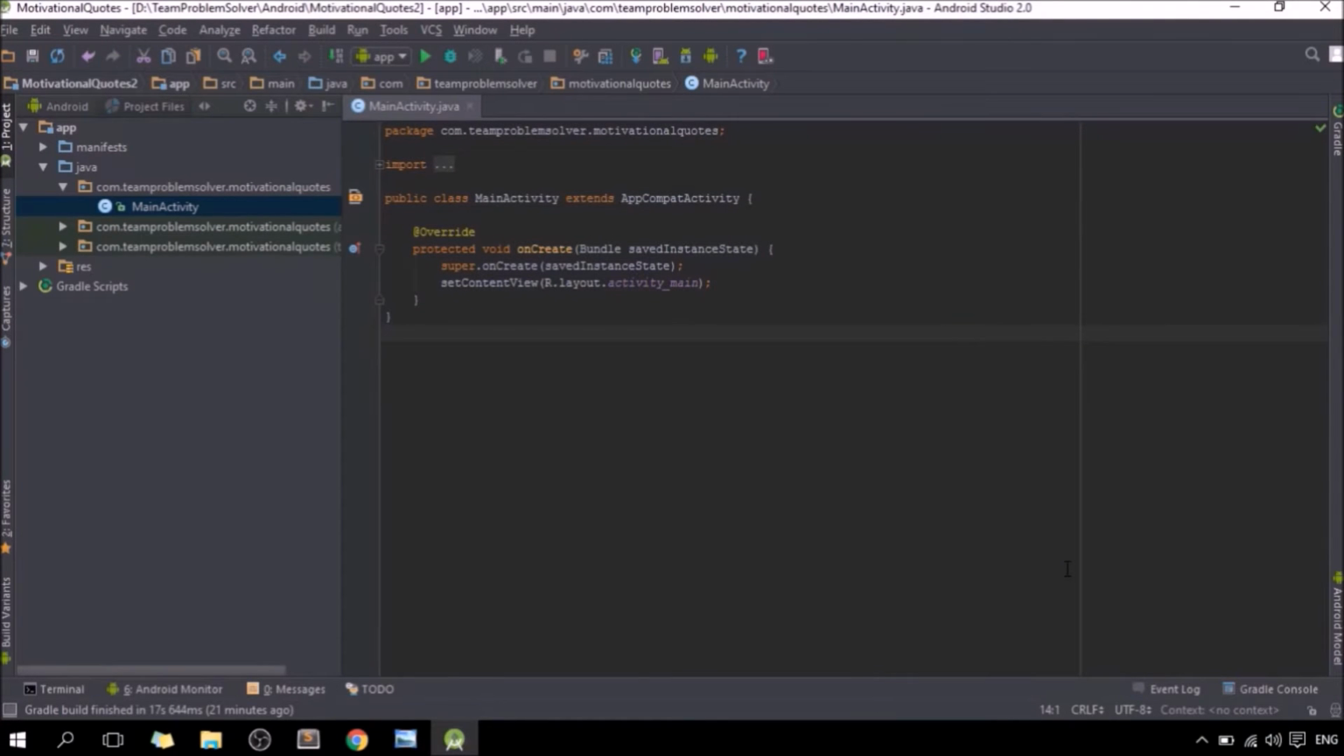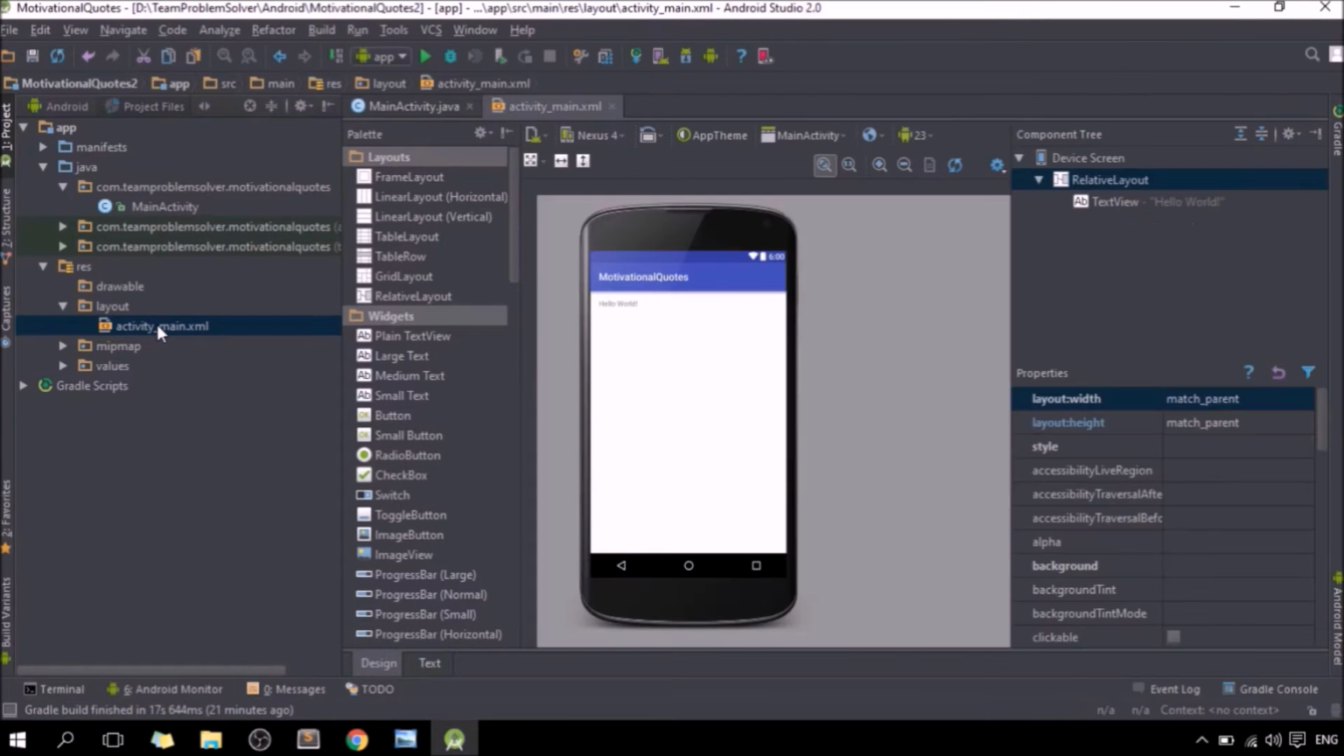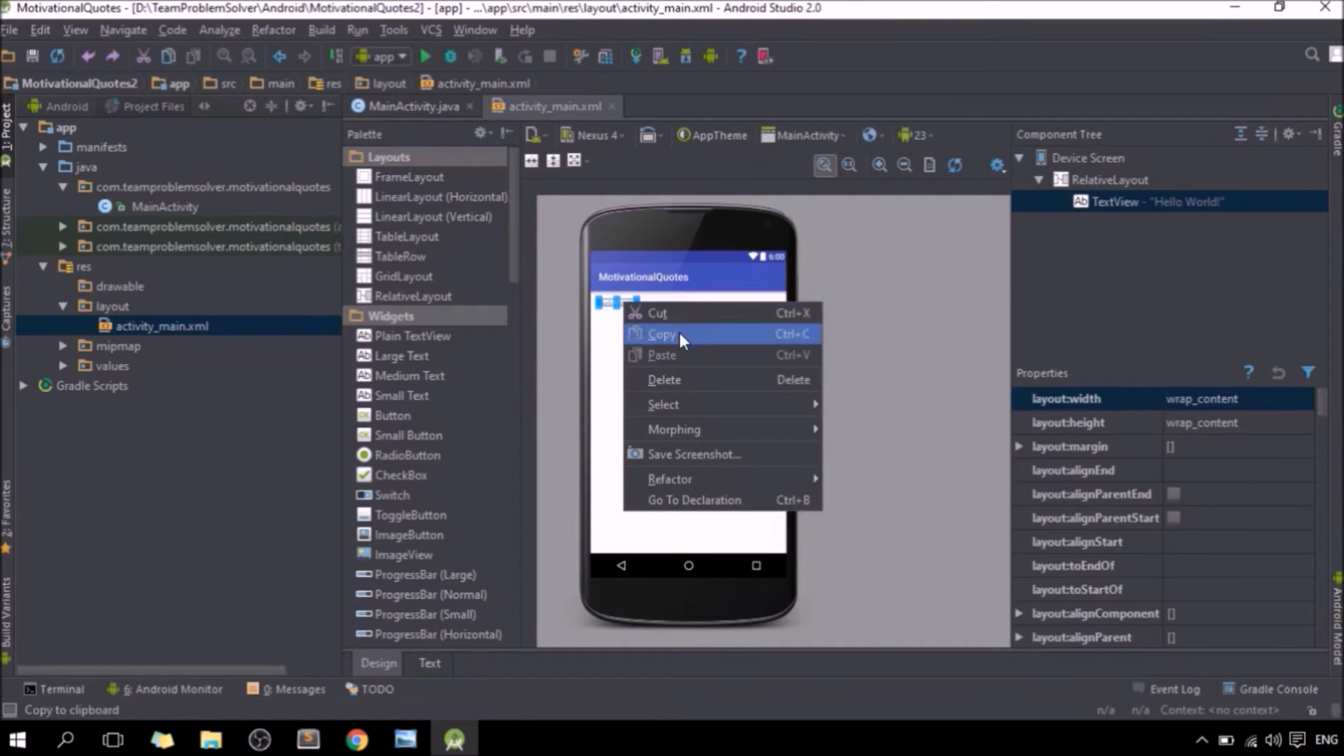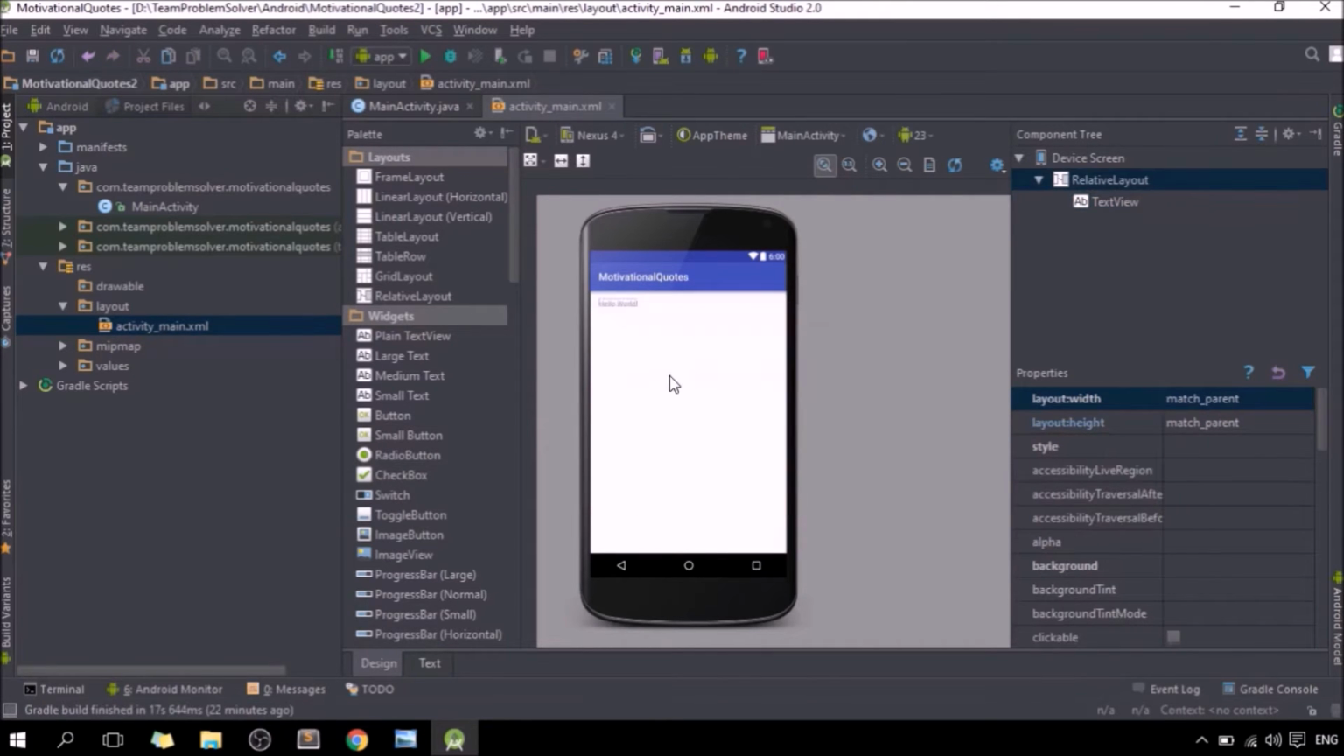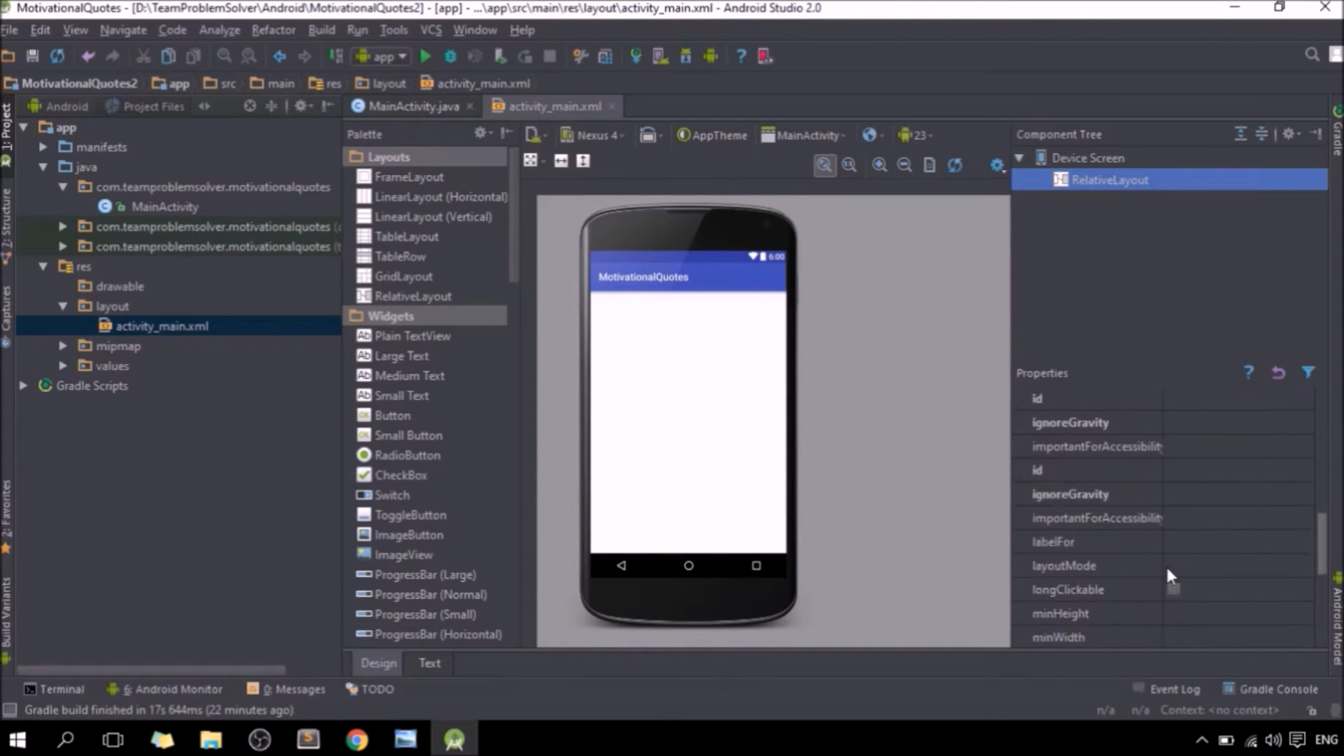Alright, we have successfully set up our environment. Now let's design our user interface. Simply head over to your layout file, located in the res folder, layout folder, double click on your activity_main.xml file, and the first thing you're going to do is to remove the hello world text view. Delete. And make sure you have selected relative layout in the component tree, set the ID to